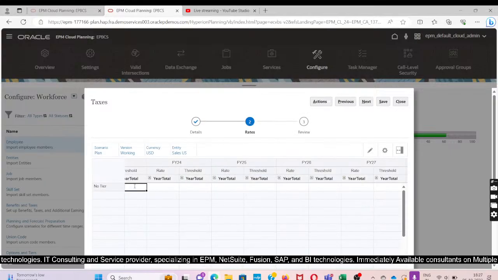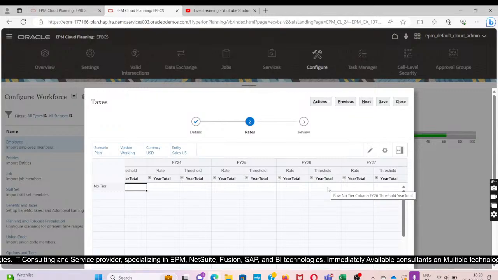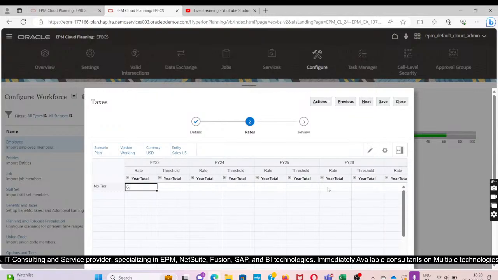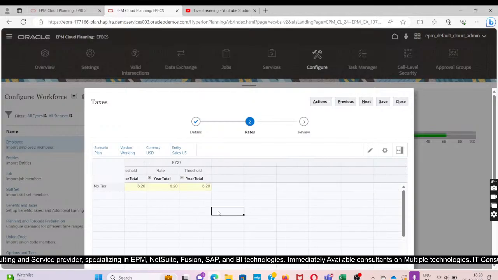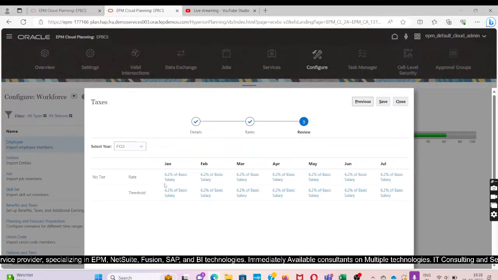Now here we are going to define the rate. So for the social security tax, the tax rate is 6.20%. After that I will save the changes, then I will click on next. 6.2% of basic salary is the taxes. Okay,